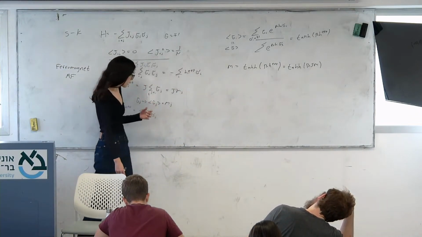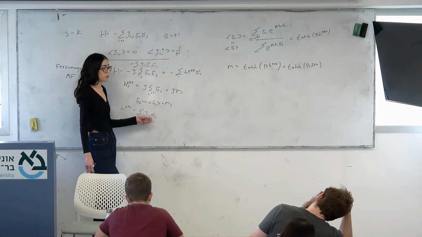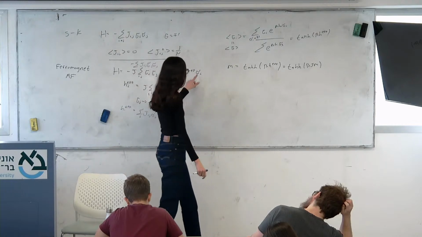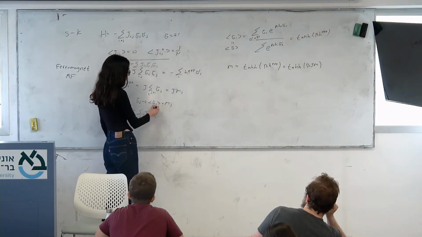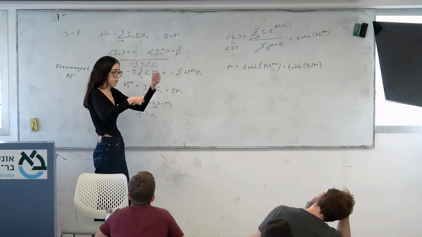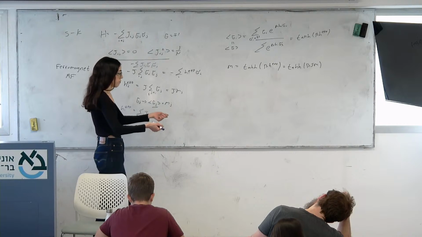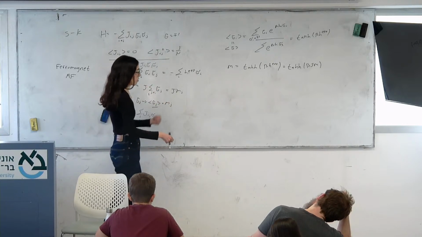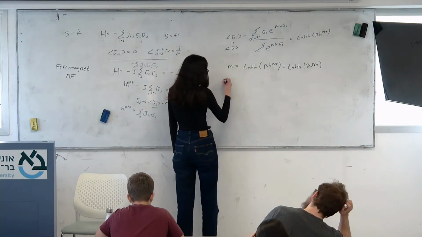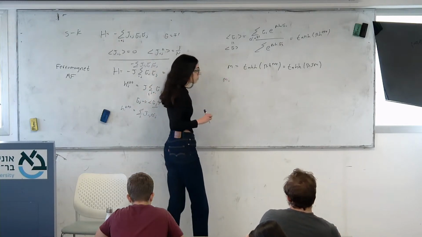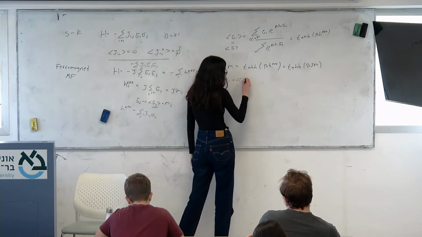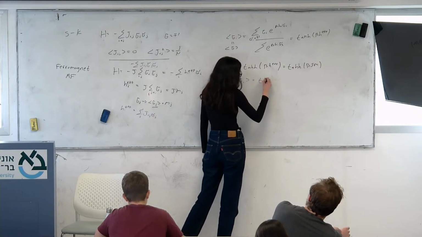And now, because the system is no longer completely symmetric, like we have different couplings in the system, we cannot assume the magnetization of the spin J and spin I to be necessarily the same. We have a different state of the spins through the system. So what we get eventually is that the magnetization of the spin I, the average of sigma I, is equal